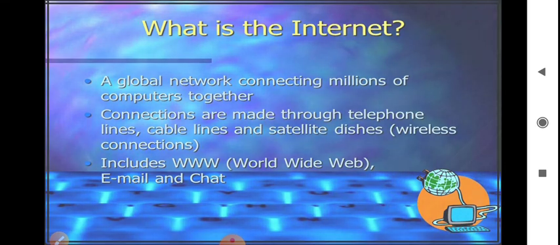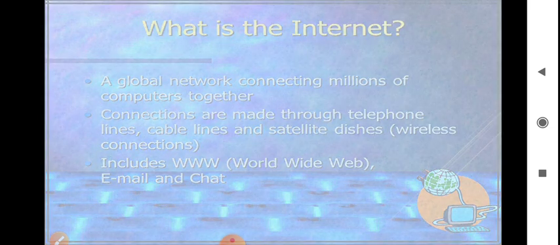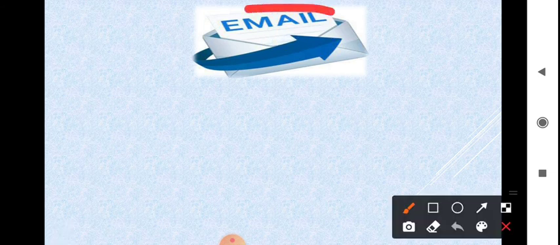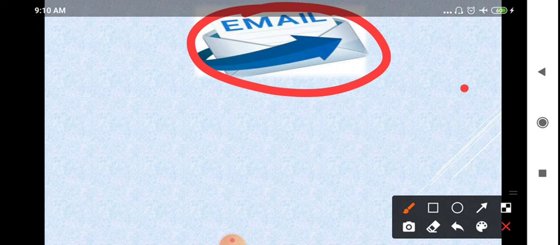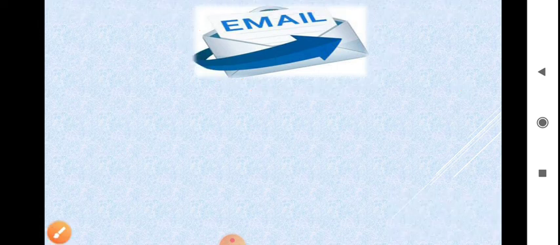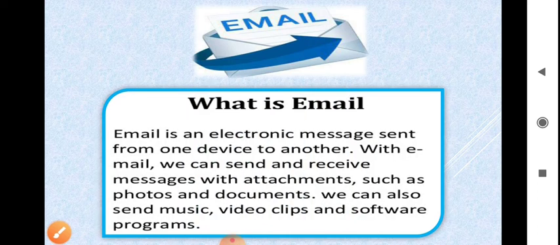Now the next thing we learn in this is email. Now what is email? You can see the picture of email here. Now, what is the full form of email?